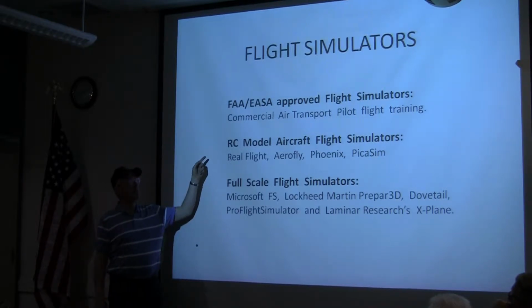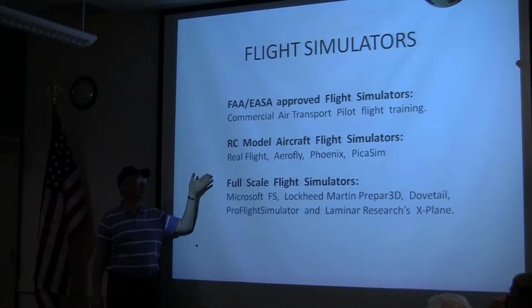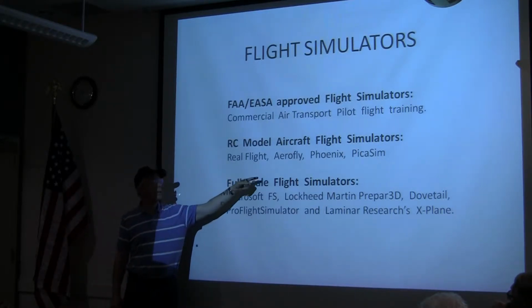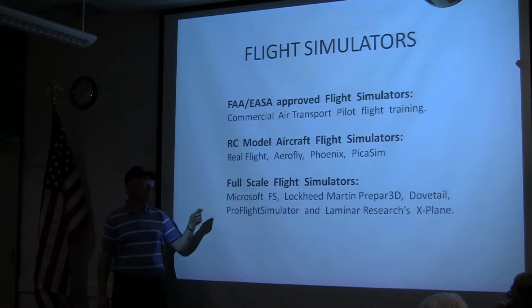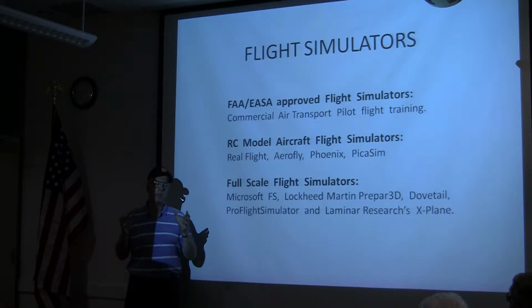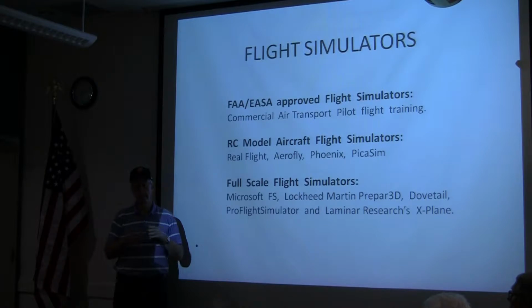The second flight simulator I found was radio-controlled model aircraft flight simulators, and that covers RealFlight, which probably most of the RC pilots are using, Aerofly, Phoenix, and Picasim. Cost-wise, they're about $150 to $200 in that range, and they're very good for radio control training to fly radio-controlled model aircraft at different locations or fields, and then using that training to be able to